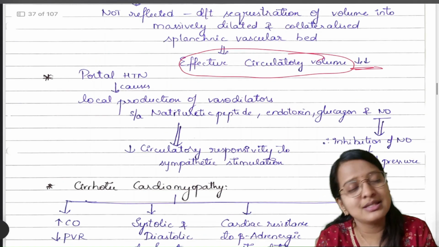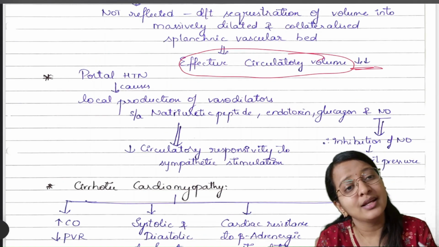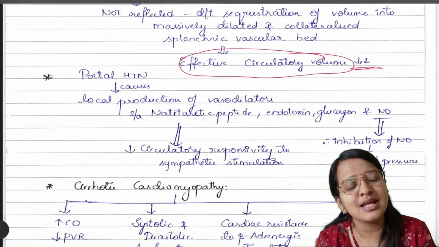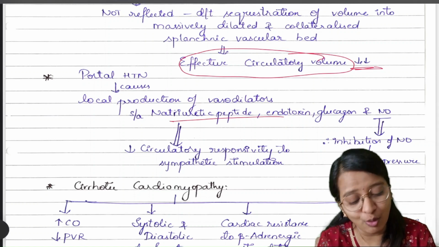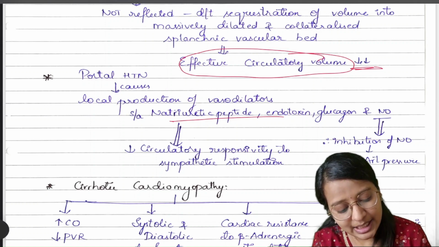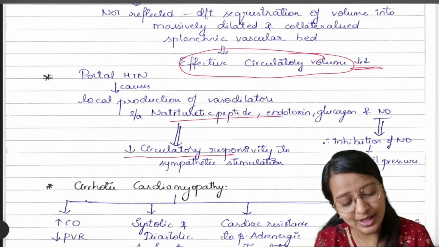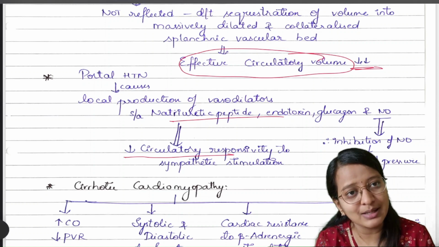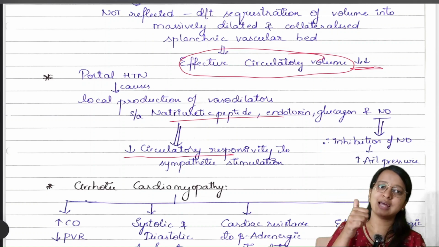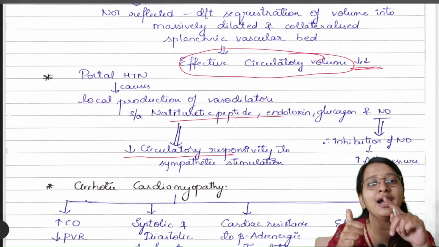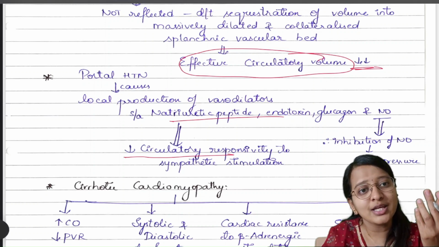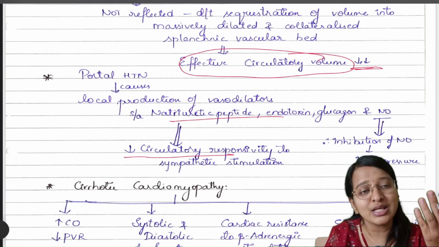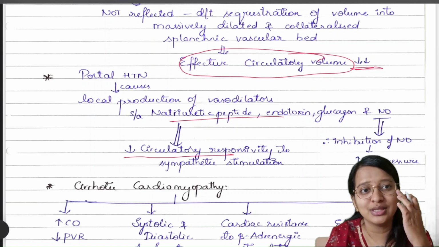And added to this, the portal hypertension causes release of vasodilatory substances like your nitric oxide, natriuretic peptide, endotoxins, and glucagon. All this causes decreased circulating response to your sympathetic stimulation. So on one hand, though there is hyperdynamic circulation, the arterial BP remains low. And also there is no increase of BP because there is no response to your sympathetic stimulation due to these